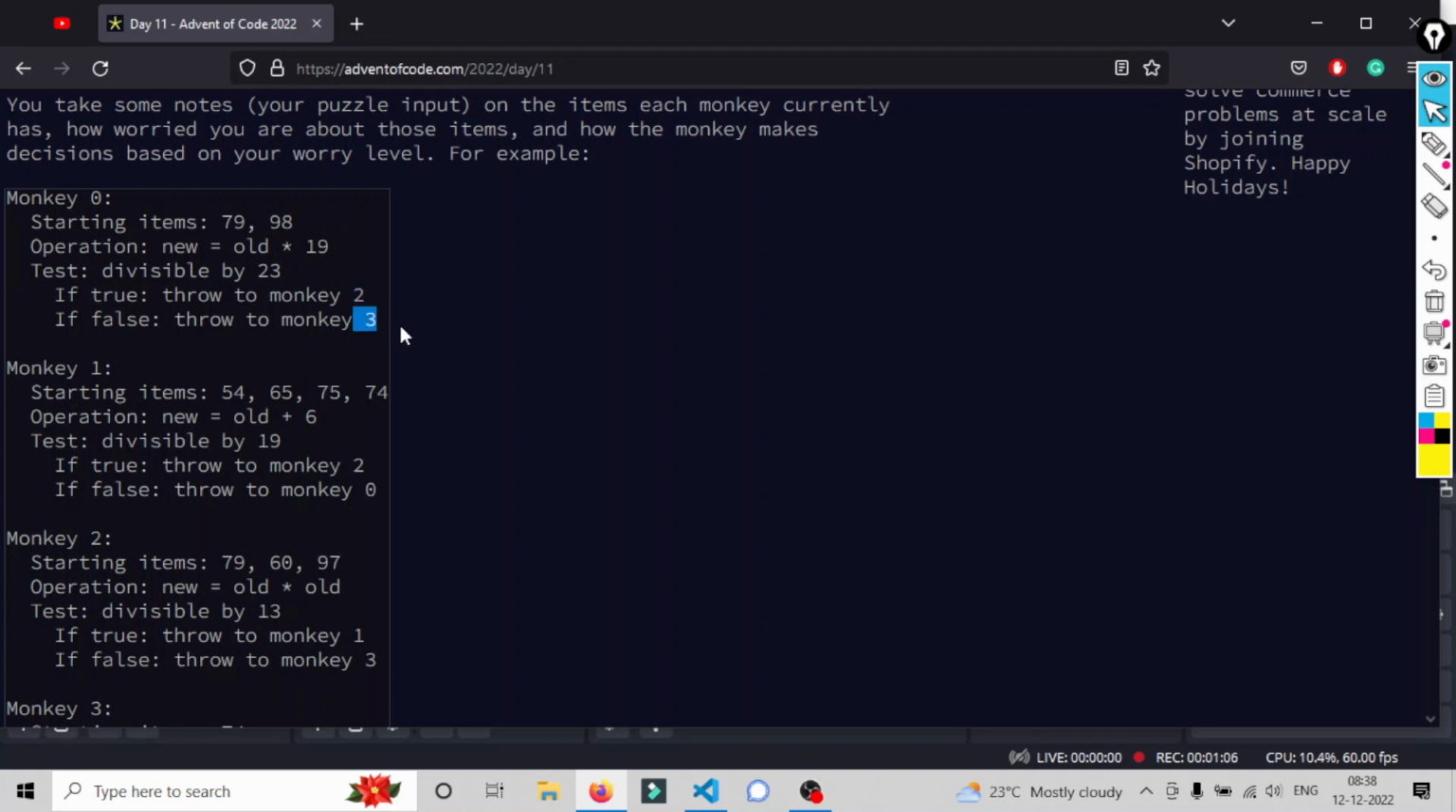So this type of operation you have to perform, and you have to perform it a number of times. Like you will be given a number of iterations, how many times you have to perform these operations, and that we have to do. So for example,